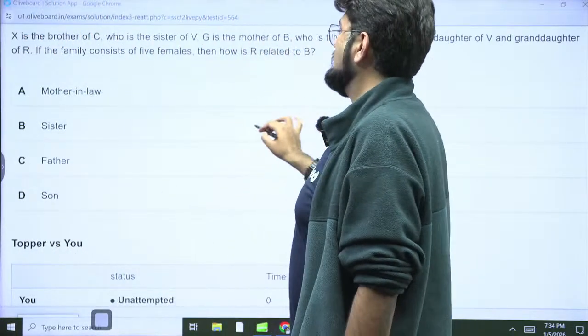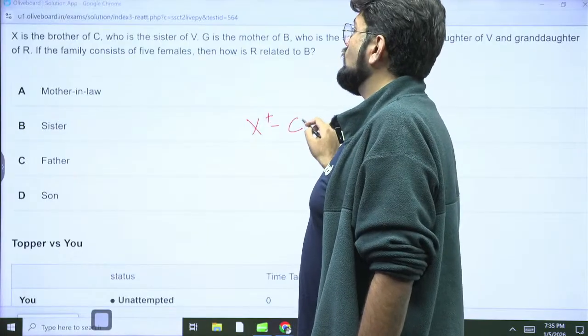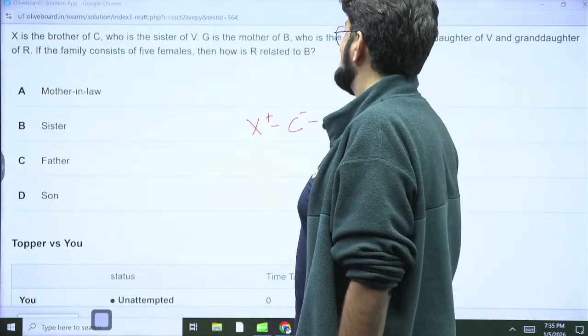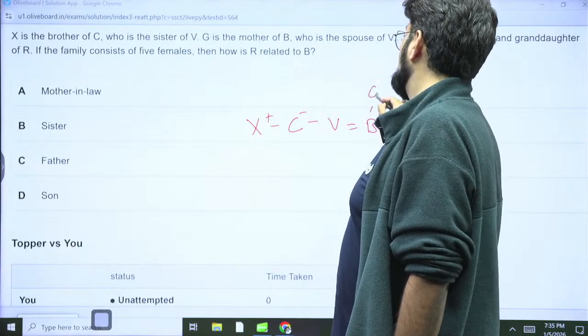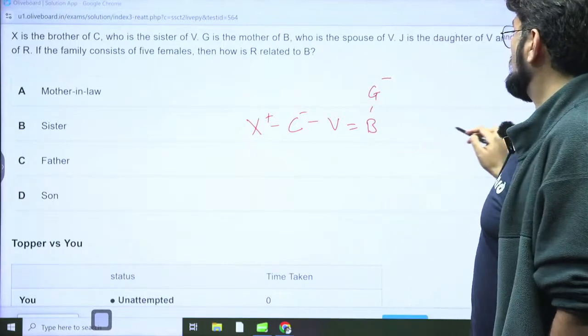X is the brother of C. Who is the sister of V? G is the mother of B. Who is the spouse of V? J is the daughter of V